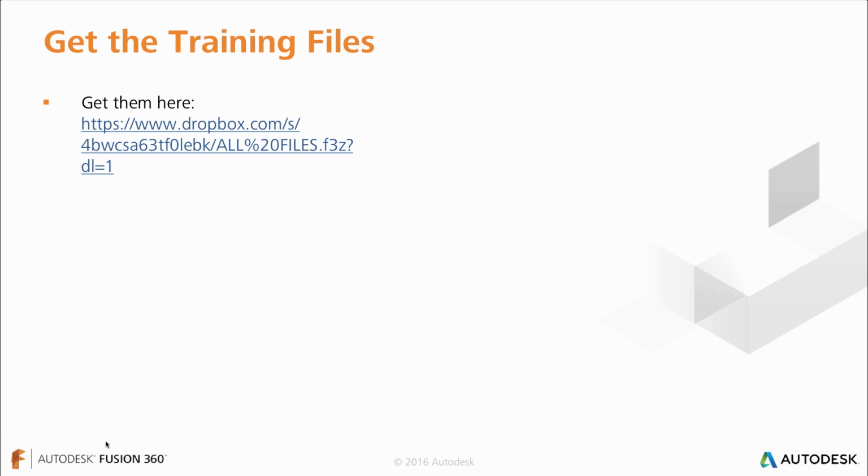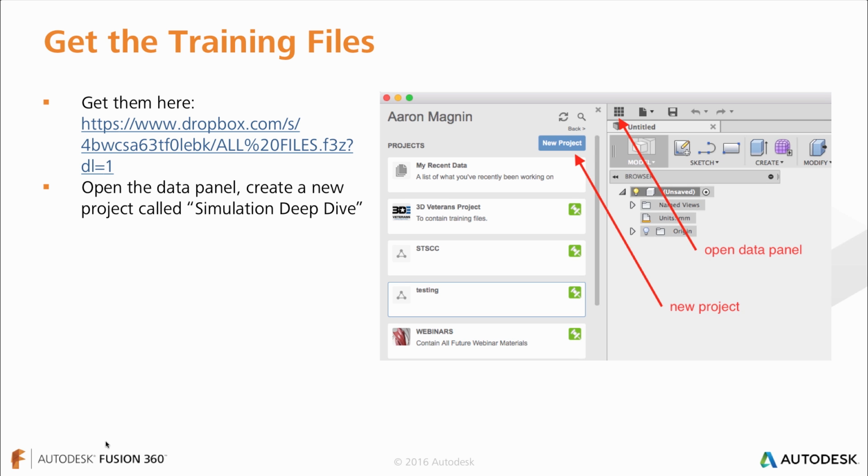So now it's time to get the training files. I was playing around with different ways to do this, more efficient ways of doing it, and I don't know if you guys have been using some of our Learn dialogues, our Learn lessons. There are actually Open in Fusion buttons, but I wanted to include all of the files in one single button. So this I found was the easiest way to do this. I'm going to give everyone a little bit of time to do this, but essentially you're going to download those files and I will send them